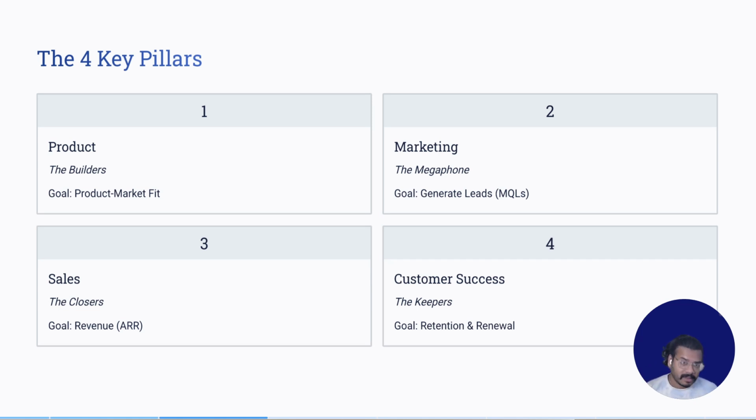Third, it's us. Okay. We are the closers, the sales team, right? Our job is to take that lead, what marketing got, understand their pain, show them the solution, and get the contract signed, right? The fourth is customer success. Now, this is very important in the SaaS ecosystem because once the deal is signed, the work is not over. The customer success team ensures that the customer is happy so that they renew next year and year on year. So if customer success fails, the customer leaves, and we always call that churn. Okay.